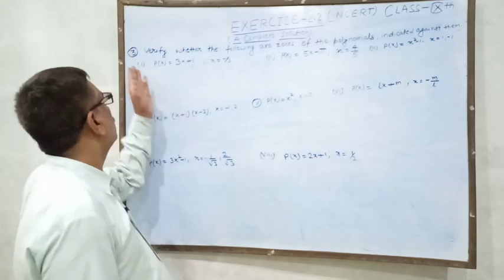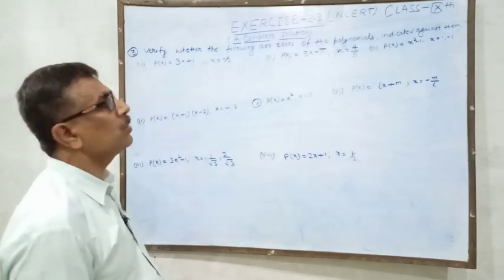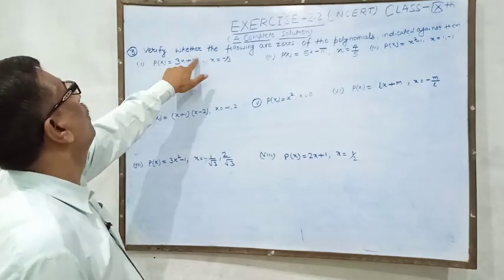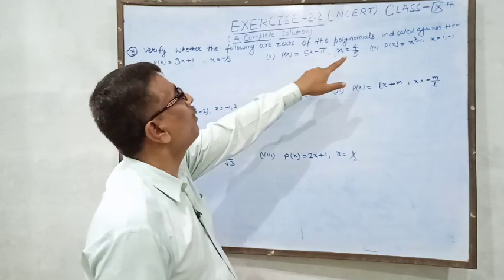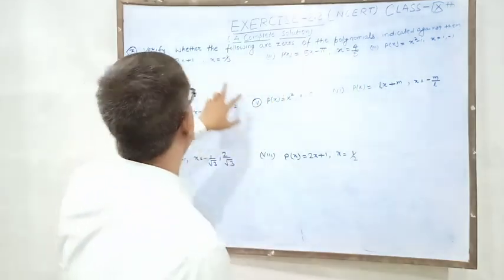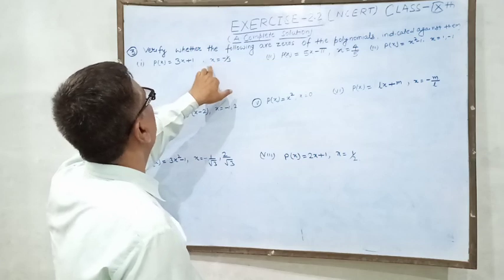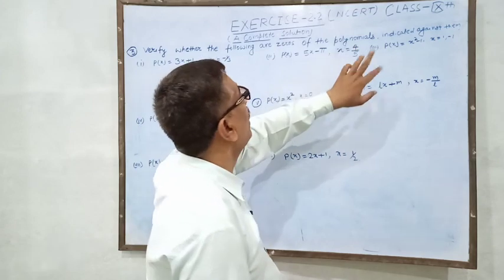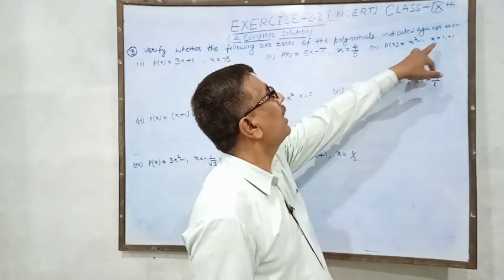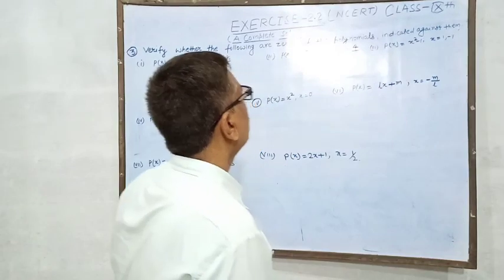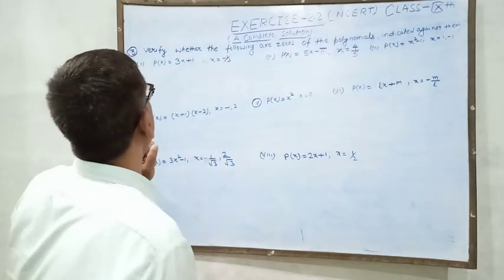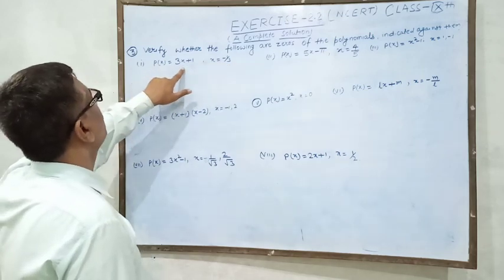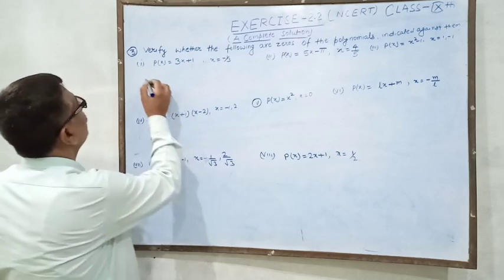Now the third question I am going to discuss. Verify whether the following are zeros of the polynomial indicated against them: x equal to −1/3, x equal to 4/5, and x equal to 1 and −1. Are these zeros or not? How can you verify? You put the value of x in place of x in the polynomial. So, substituting,